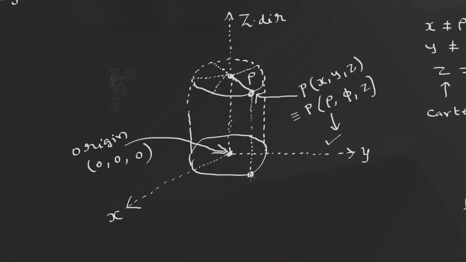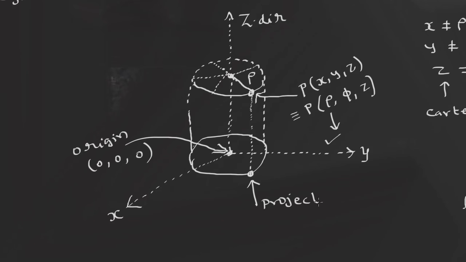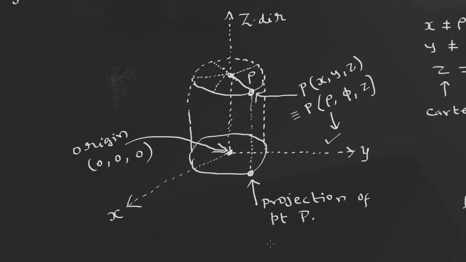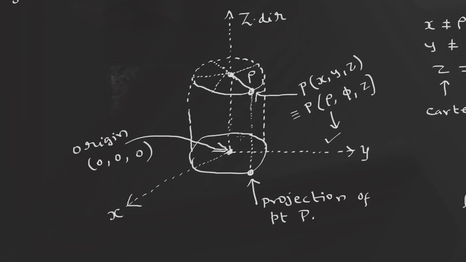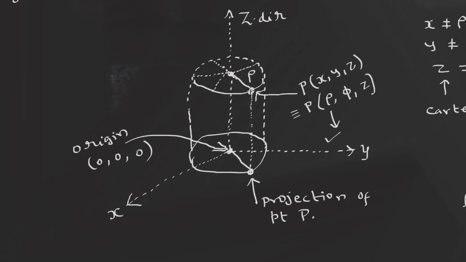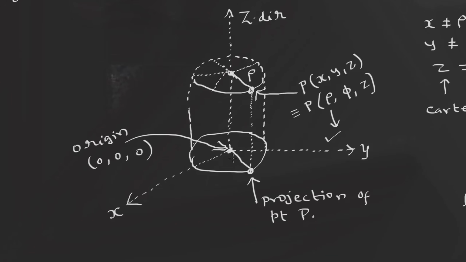So this point is clear. This particular point is the projection of the point capital P. Once you project this, you have to draw once again the same line. You have drawn a line from the origin to this point. In the same way, here also you have to draw. That means you are taking a copy of that line and putting it down here, so you get a similar shadow. That is the meaning of projection.